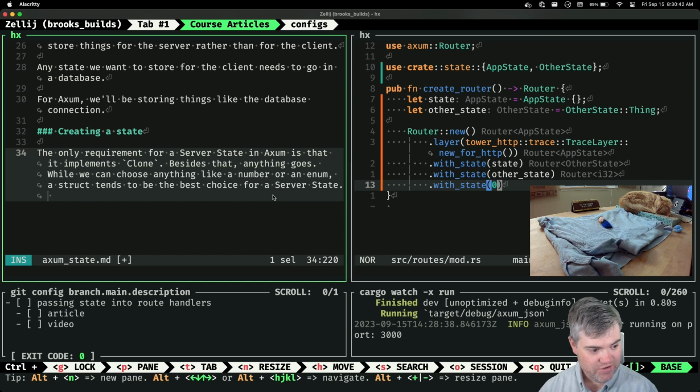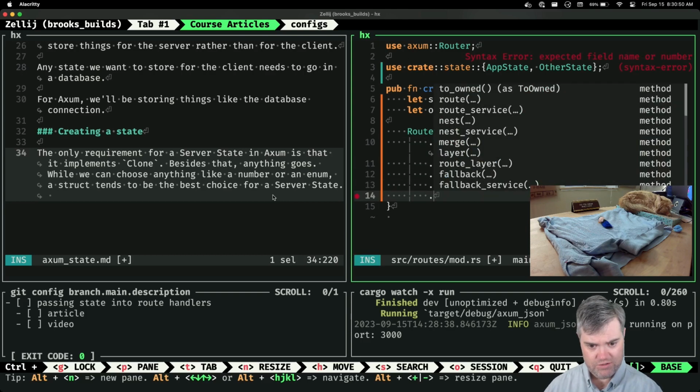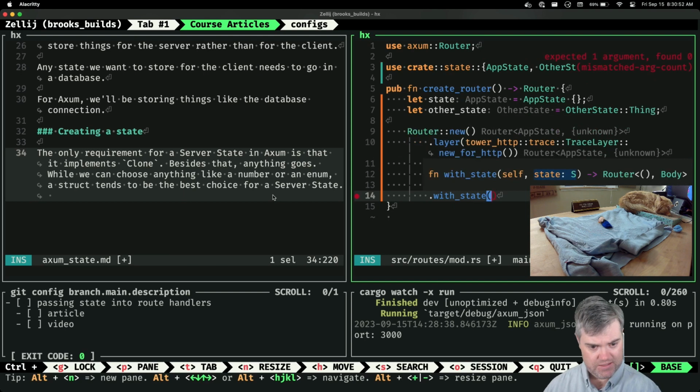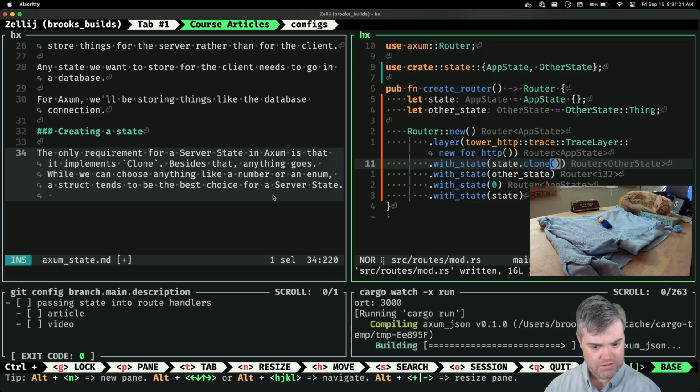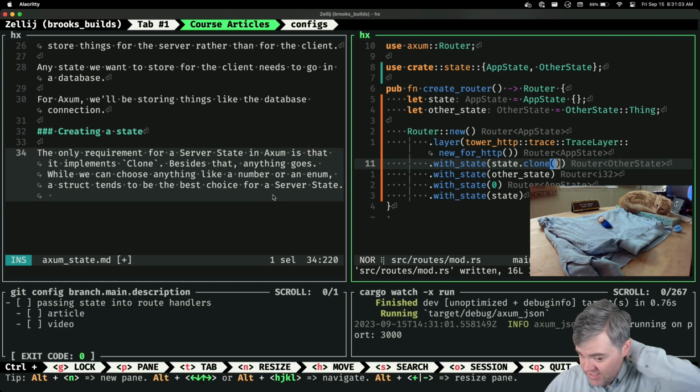I think you can just straight inject multiple struct states. I think that I can't do multiple struct states of the same type, right? So if I do state 0, let's do with state, state again, so we clone it. That's actually interesting.